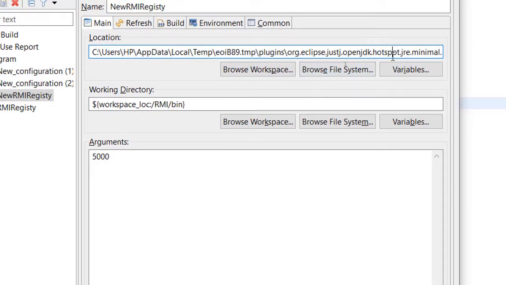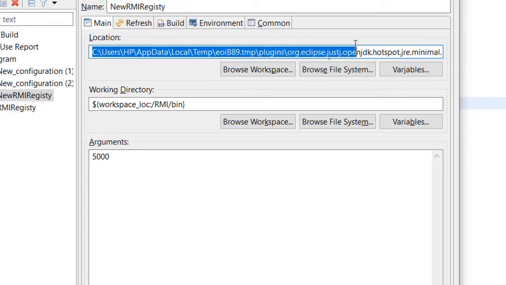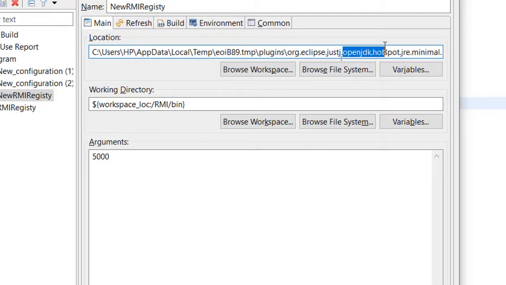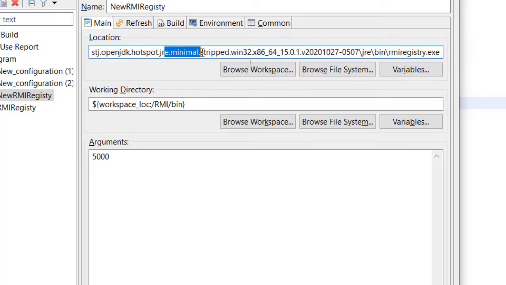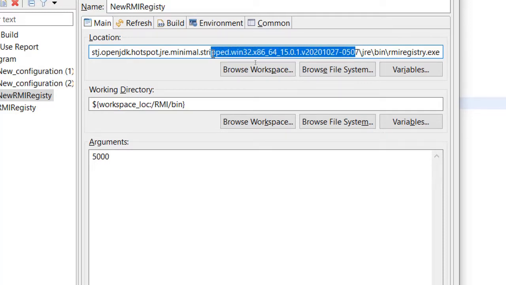You are able to see this big path because I have not installed the actual JDK as well as JRE. Eclipse has provided an OpenJDK during installation, so it is pointing to that. Remember, it's a minimal installation. It's a minimal Win32 64-bit installation provided by default by Eclipse. Since I am not doing much work with Java, I just went ahead with this. I did not go for a full JDK installation from the Oracle website.